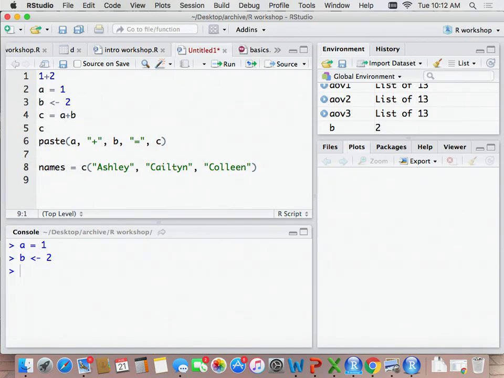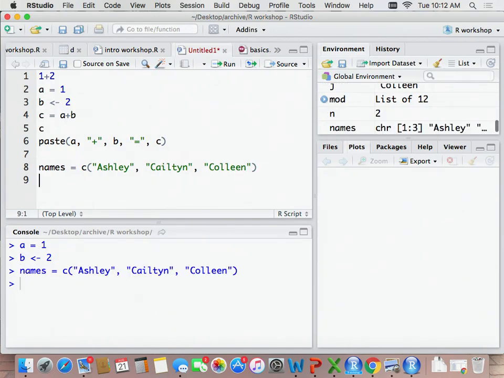Okay, so right now this is just a vector with 3 names in it. Yes. Did I? Oh, okay. Oops. So Caitlyn, not TL. Good thing you're here. Take back